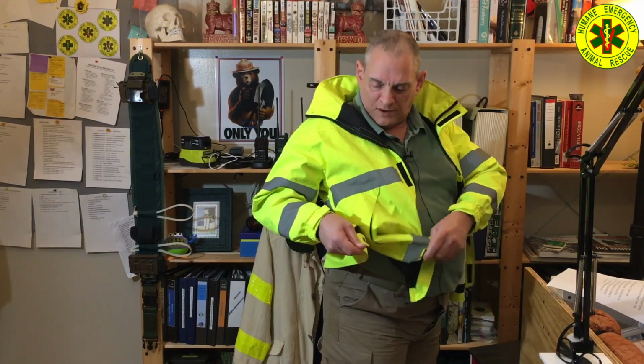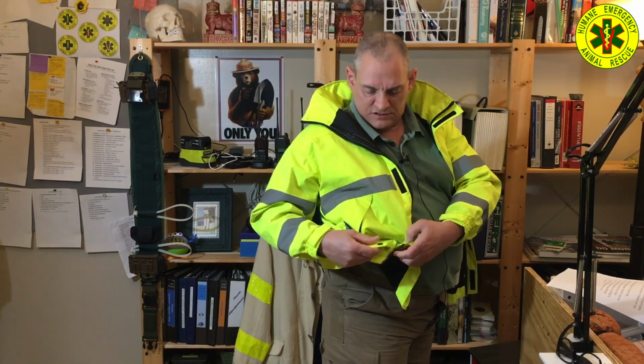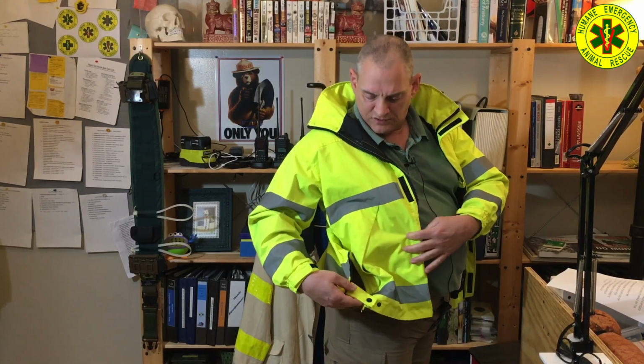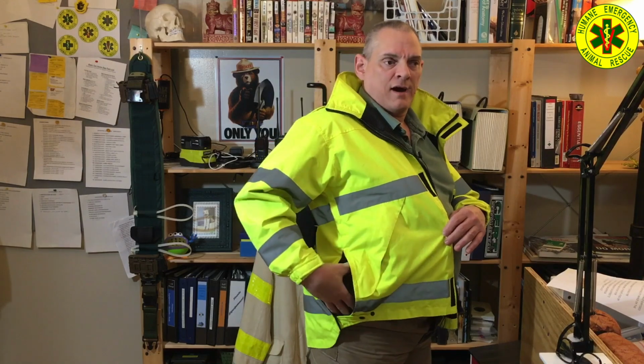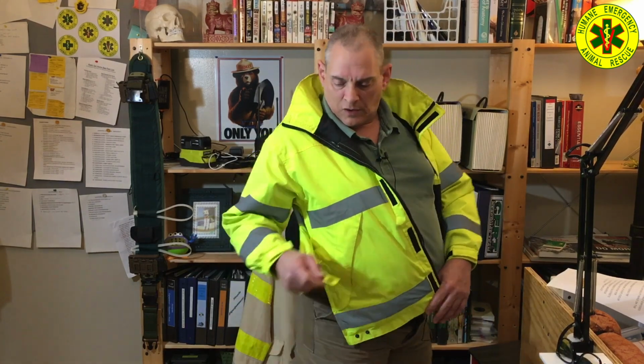The other cool feature about this is it's got this little tab here that snaps in place, so when you want to access your item, if you're carrying a firearm, you can put that here and wrap around it, and then it keeps your jacket down, because if you're in a really rainy place, you're probably going to be wearing rain pants with that. Okay? All right, so those are, when you're buying a jacket,